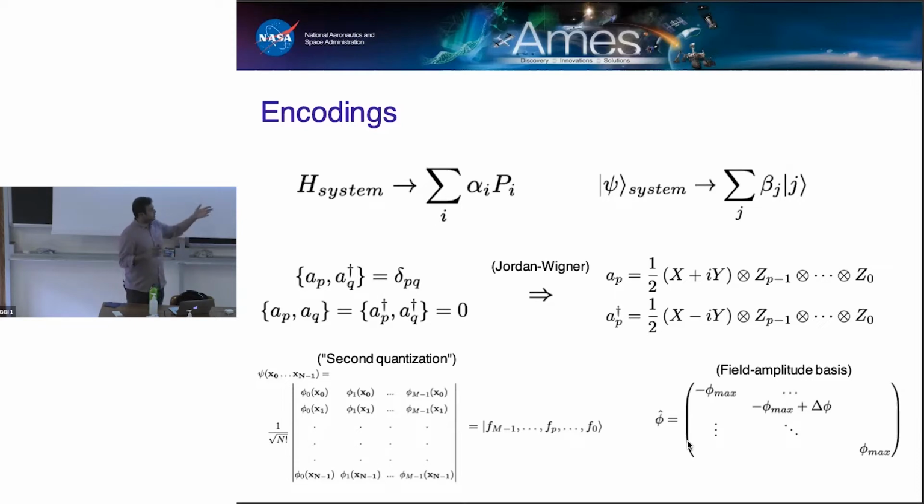So in the case of fermionic operators, for example, you can use the Jordan-Wigner transformation. Other more efficient transformations also exist. In the case of the scalar field, for example, people like to work in this field amplitude basis. And you also have to map your states to superpositions of bit strings of computational basis states. And so, in the case of fermions, for example, you can map these Slater determinants to occupation number basis elements using the so-called second quantization approach. But for the purposes of today, we will assume that this has somehow been done.